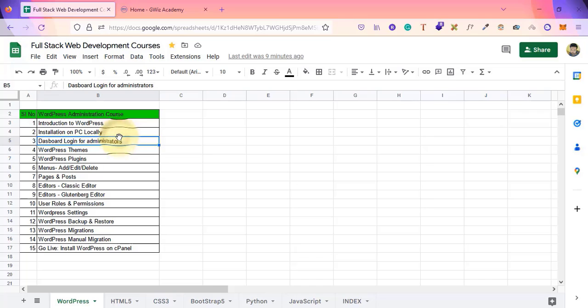And then we will be learning how to log in to our admin dashboard, and then we'll be learning about themes, and about plugins, what exactly these are and why we use them. And then we will be learning about menus, pages, and posts, and then about editors. There are two types of editors, Classic Editor and Gutenberg Editor. The latest one is Gutenberg, but millions of developers still use Classic Editor, right? We will be learning what the merits and demerits are, obviously, and then we will be learning about user roles